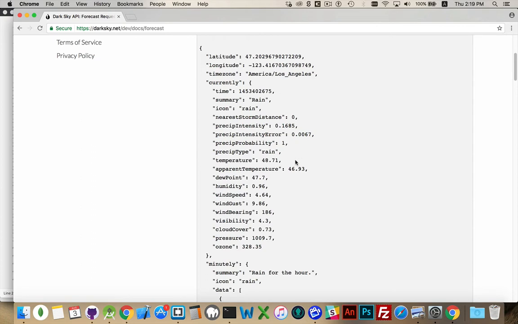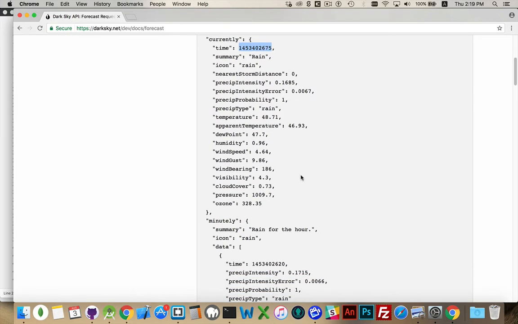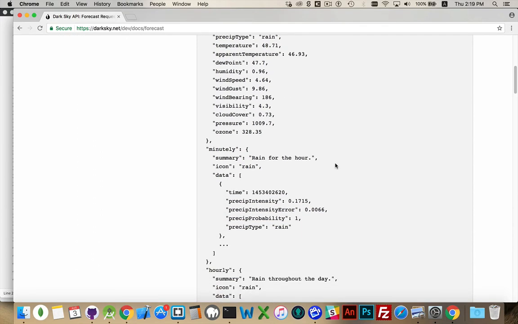So here's the timestamp. It's important to note here that this timestamp is seconds, not milliseconds, since the start of the Unix epoch. So in JavaScript, we're used to working with milliseconds for the timestamp, but the timestamp that comes back in here is in seconds. So divide whatever you're thinking by 1,000 and you'll get the proper number here. So we have current weather, and then